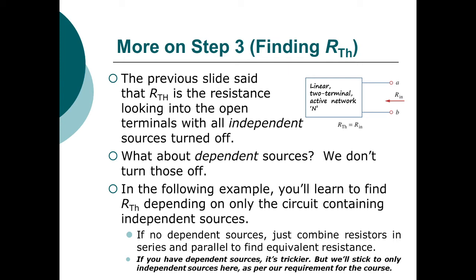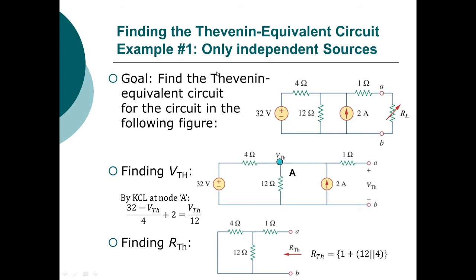Okay, so next we will try out one example. In this example, this is your circuit, and we have to find out the current through the load resistance RL. In this example, we basically have to find out the Thevenin's equivalent network across the terminal AB and represent the whole circuit in terms of the Thevenin equivalent circuit. So how do we convert this circuit into a Thevenin equivalent circuit?